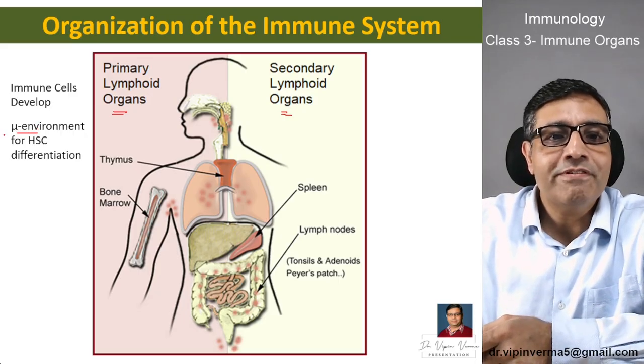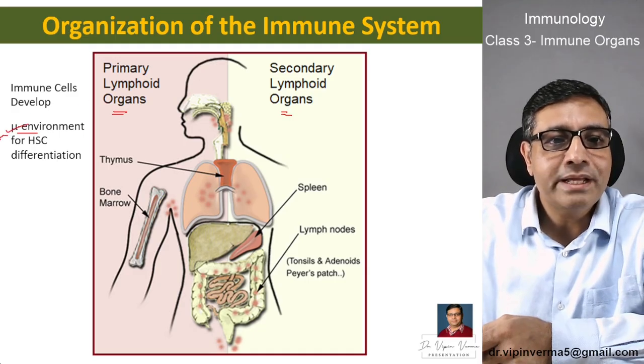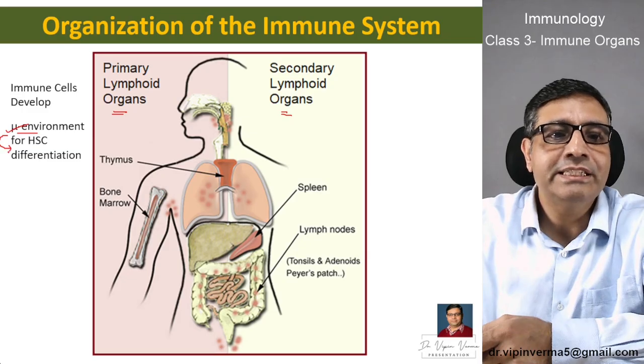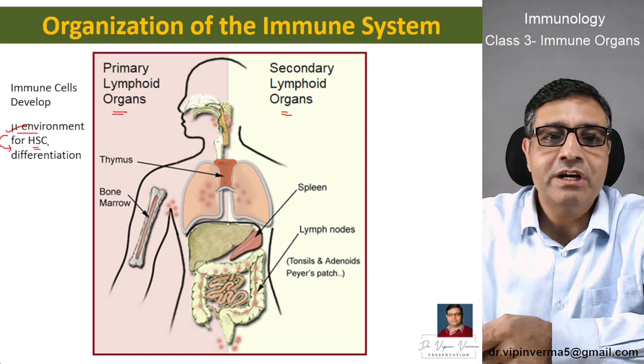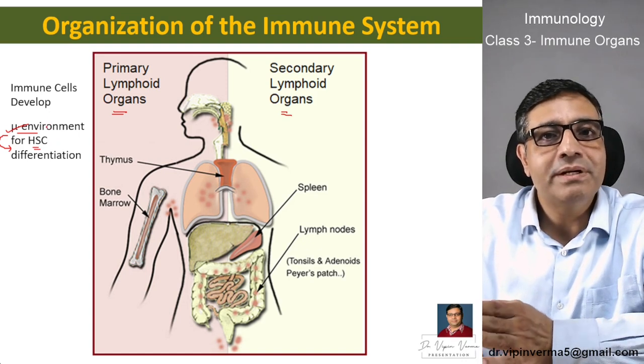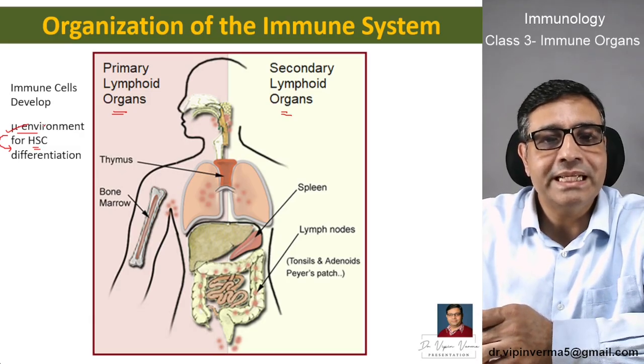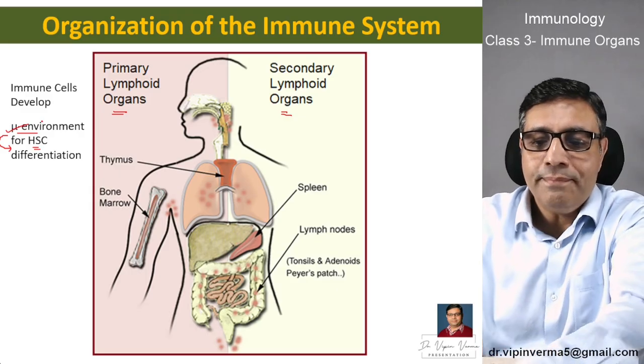So these microenvironments are readily available in primary lymphoid organs for hematopoietic stem cell differentiation, because hematopoietic stem cells are, as we discussed in our last class, the mother cells which give rise to all the blood cells of the body including the RBCs, WBCs and platelets. Okay, now